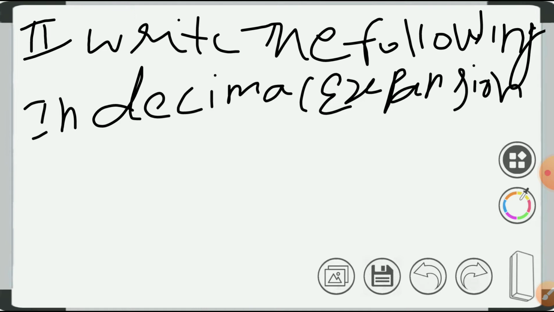Okay, write the following in decimal expansion. First question is